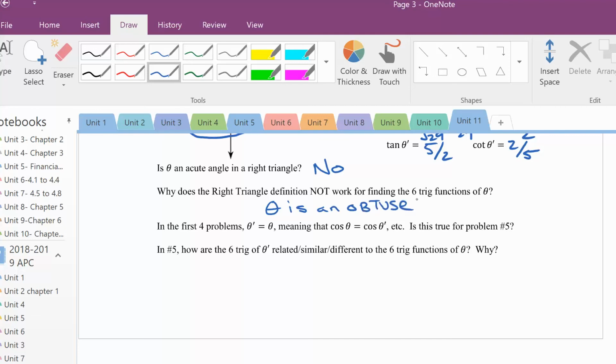And remember, in a right triangle, you only have acute angles. In the first 4 problems, the reference angle is equal to the angle. Is that true for problem 5? The answer is no. In problem 5, how are the 6 trigonometric functions of the reference angle related, similar, or different to the 6 trigonometric functions of theta? Well, the 6 trigonometric functions of the reference angle